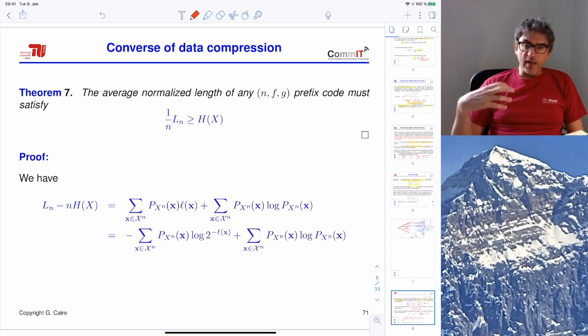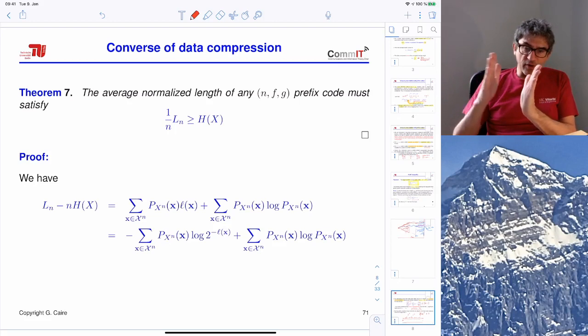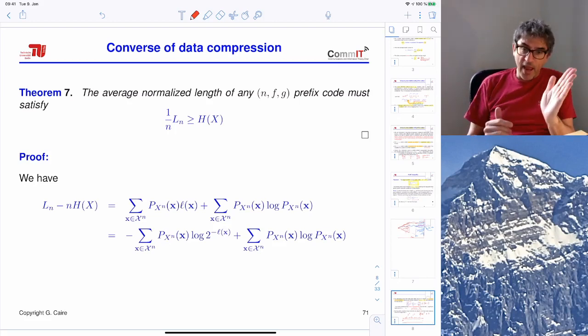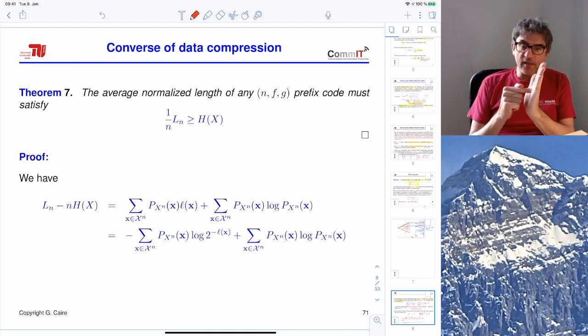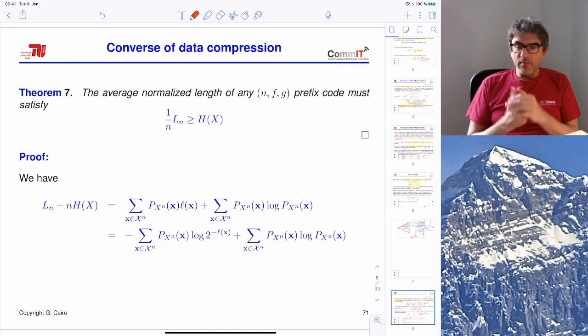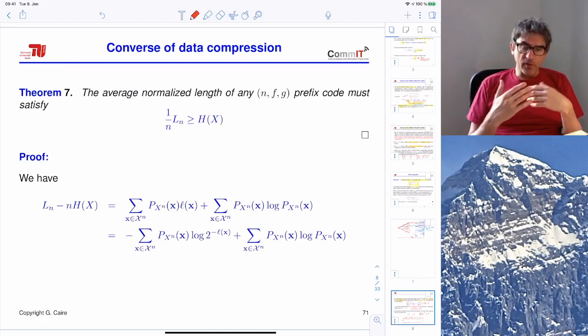Achievability statements are statements that prove the existence of schemes that achieve a certain rate. Of course, the best is when the achievability and the converse collapse, which means that yes, there is a fundamental limit and you can approach it as well as you want through some algorithms or some coding schemes